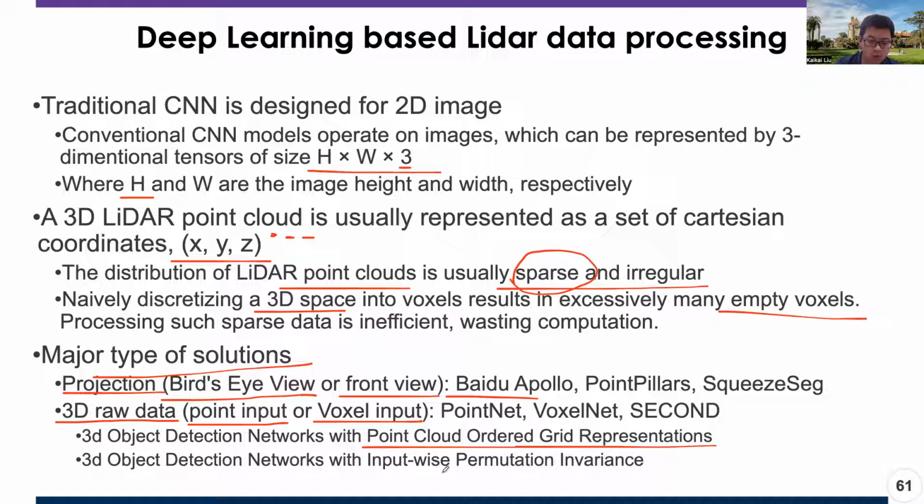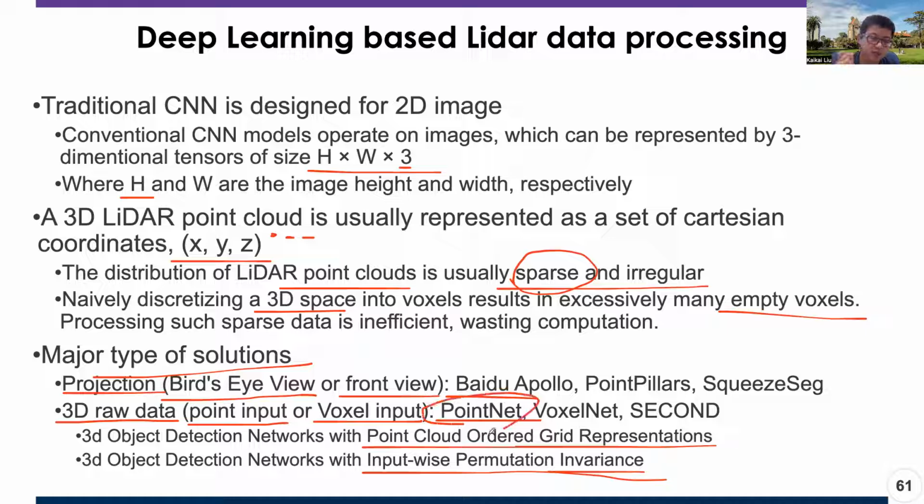One is the input-wise permutation invariance feature. This kind of feature comes from the PointNet operation. PointNet has a feature like input-wise permutation invariance. Because for different laser points, if you change the order of these laser points, they all still have the same XYZ. If you push all this data together as a vector into some operation, if you do some permutation of the points, it does not matter. That's why it's called input-wise permutation invariance. Based on this feature,